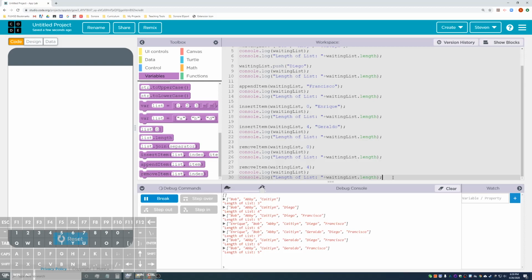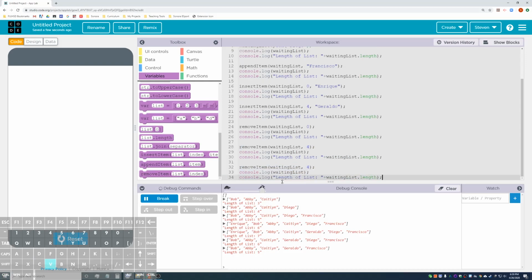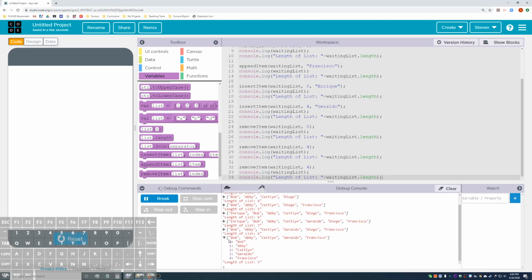What if we want to remove the last person on the list? Okay. Well, we could just look at the number and say, okay, well, who's the last on the list? Oh, Francisco. What position is he in? Let's go and hit the drop down menu. I could say, hey, let's remove Francisco. He's in position 4. So I could do this again, and I would be able to delete Francisco off the